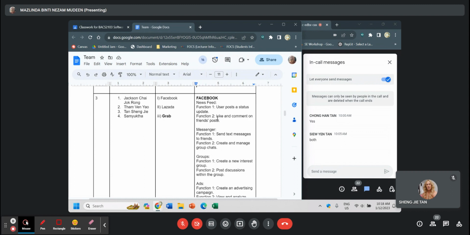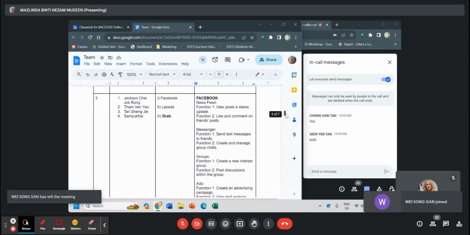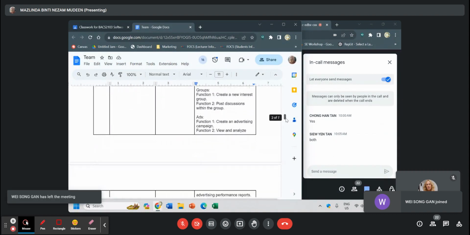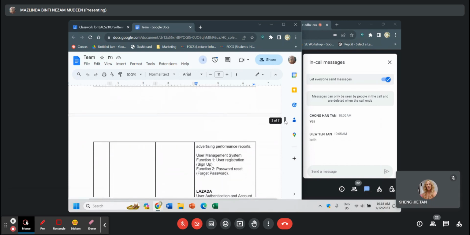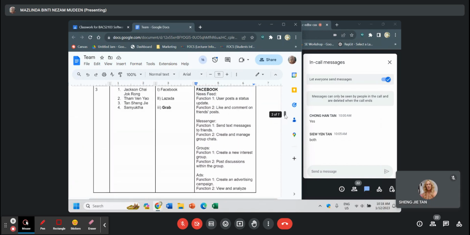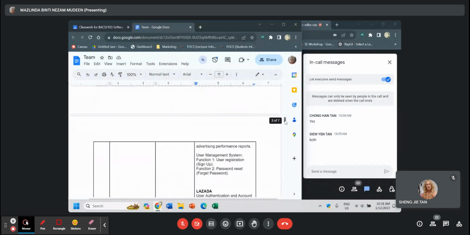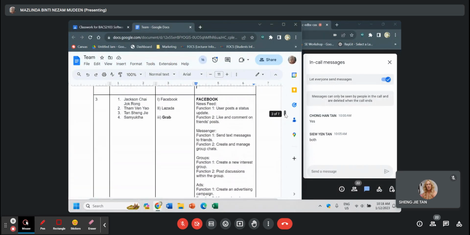Oh, okay. So this Facebook, it's not that I don't want you to use it, but it means we choose Grab. Because I feel like with this Facebook, your work later will not be really how we want to see.